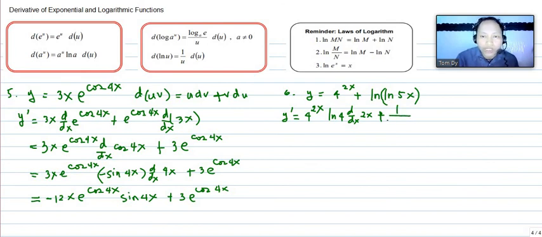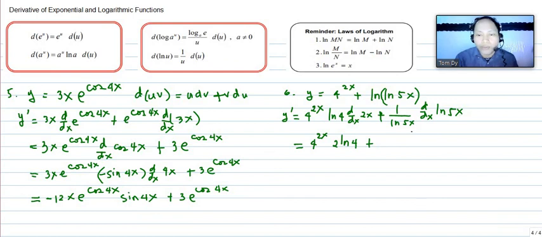So 1 over u, this will serve as our u, ln of 5x, times the derivative of ln of 5x, that is 1 over u du. And then the derivative of 2x equals 2. So we will just copy this one first: 4 raised to 2x, and then 2 ln of 4, since the derivative of 2x equals 2. So we will write here 2 ln of 4 plus